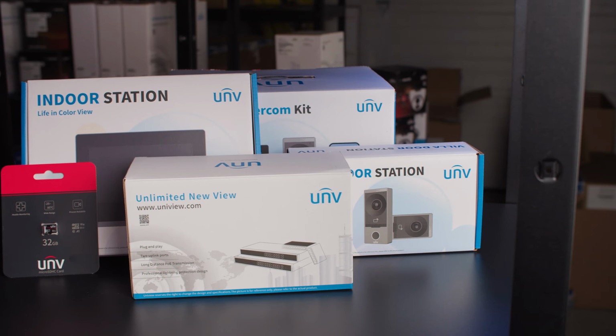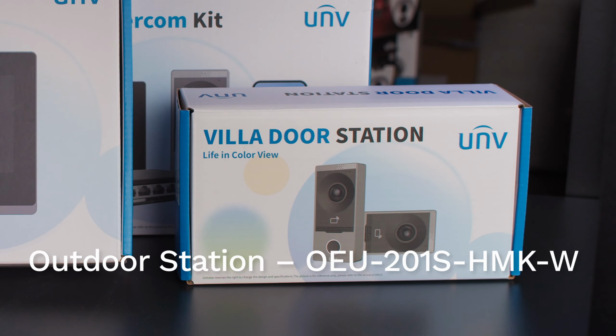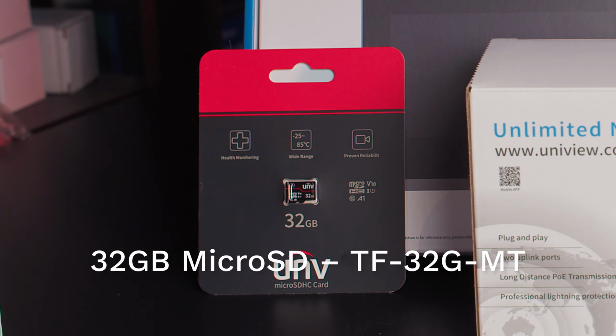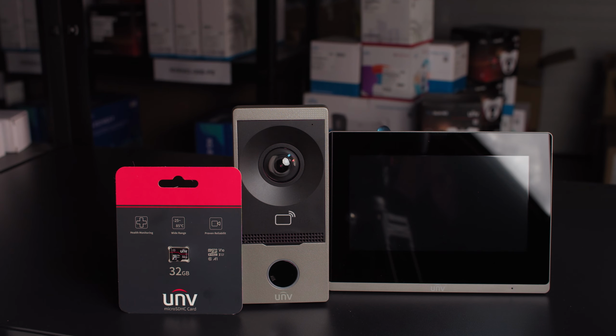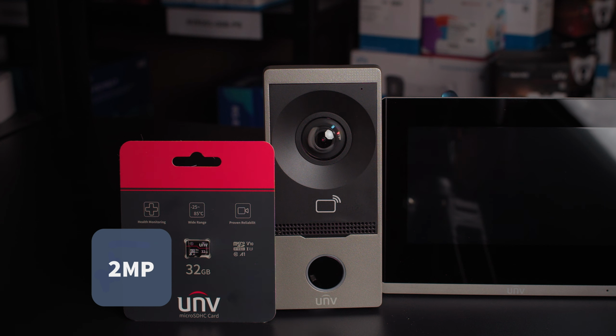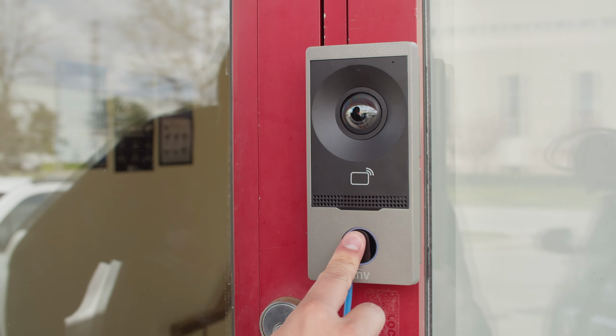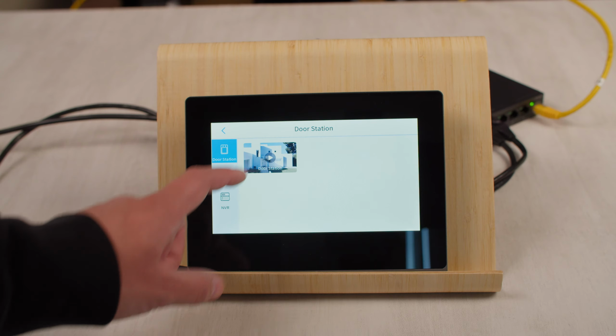This kit comes with an indoor station, a 4-port PoE switch, an outdoor station, and a 32GB MicroSD card. The outdoor station is basically an intercom with a built-in camera, microphone, and a speaker. Pushing the button on the intercom allows you to call the indoor station or a mobile phone through the